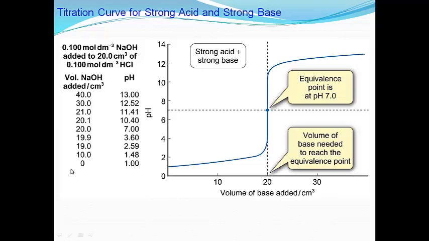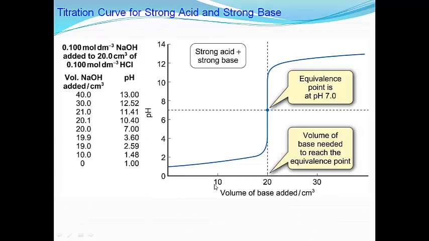So here we see that we're adding the volume of sodium hydroxide from 0, we could add 1 and 2 and 3 and 4 mils and so on, up to 10. We see that the pH changes very slowly, and then it starts to change more significantly up to 19 and 19.9, and even more drastically between 19.9 and 20. 0.1 mil changes the pH by 3 point odd, because we're moving from 3.6 to 7.0. And then when we add another mil, we're going all the way up to